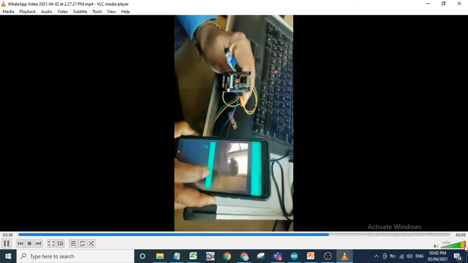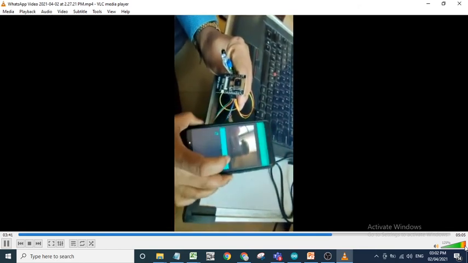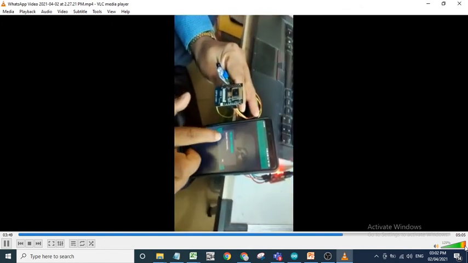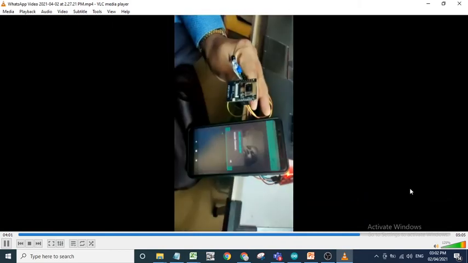But if you want to make it automatic, then here is the sensor. So whenever there is any obstacle in front of this sensor, automatically a photo is taken and a message is given, introducer alarm. So this is doing my notification. Interesting project. So whenever there is any obstacle, motion detected, automatically the light will turn on, a photo will be taken and a message is given. So this system can be used for security purposes. And if you want to take extra images, then also you can take the image.